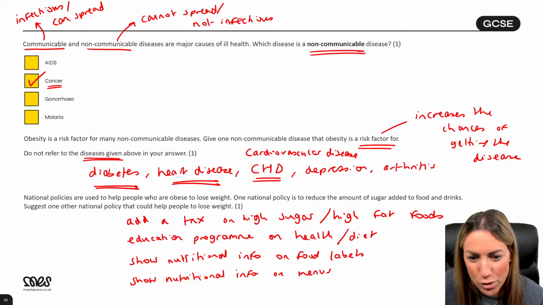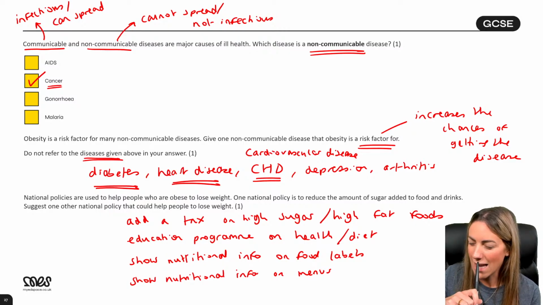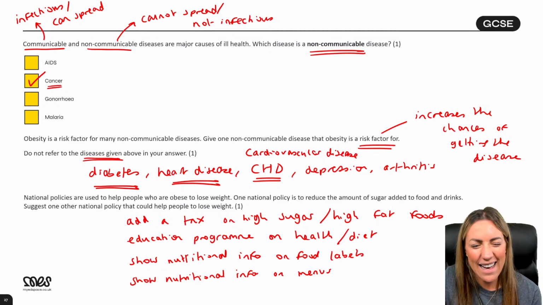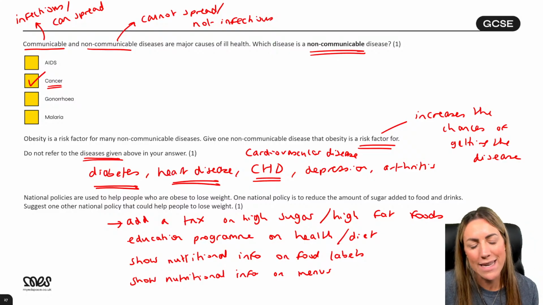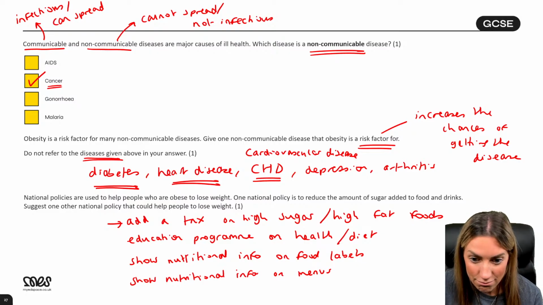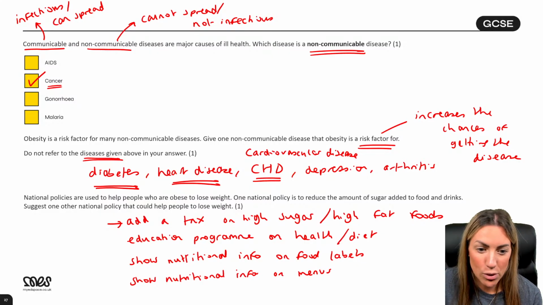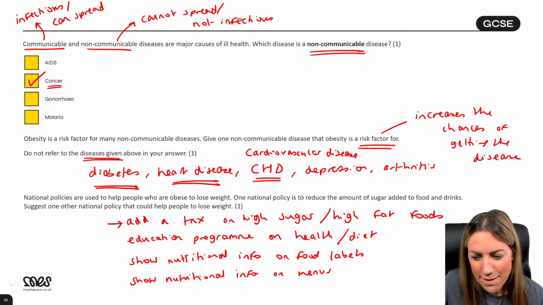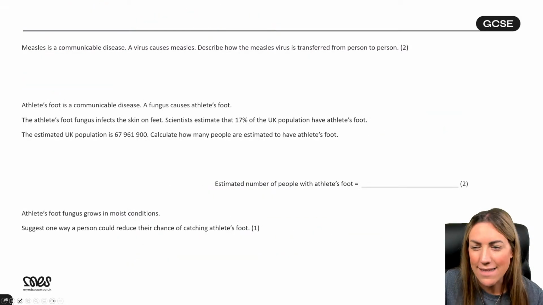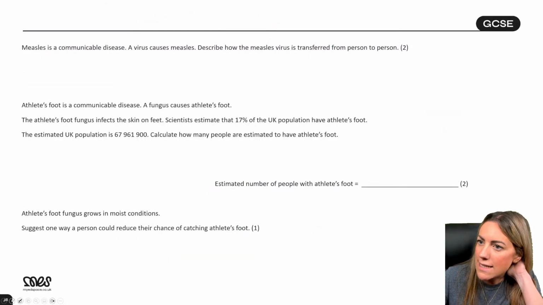Okay, compulsory PE lessons. I think that's already a thing, right? I think that's already been introduced and they allowed that, didn't they? Yeah, so more compulsory PE lessons for students, something like that. Decrease portion size. I don't think that would be accepted because you can't really control how much portion size someone eats in their own home. Anyway, there's probably loads of things you could say. It's a bit of a common sense question, that one, isn't it?